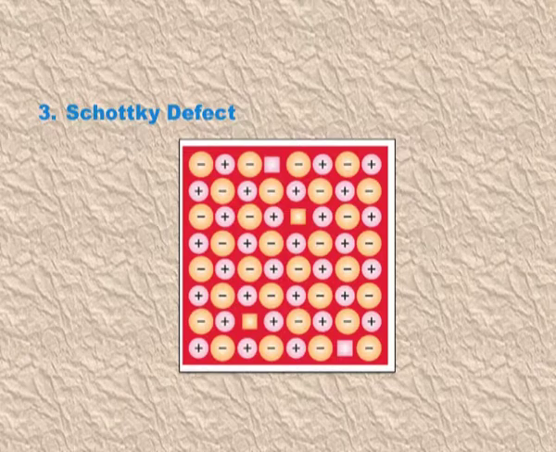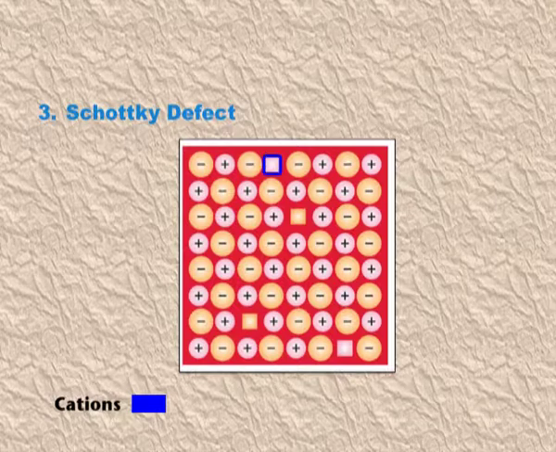You can see here a cation should be present, but the cation is not here. It is missing. Similarly, here an anion should be here, but the anion is missing. So one cation